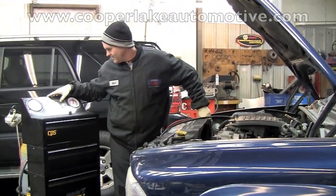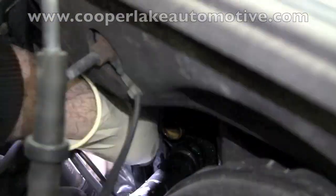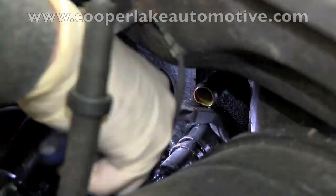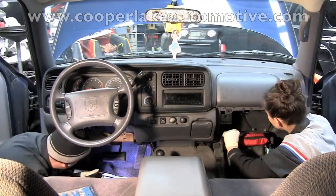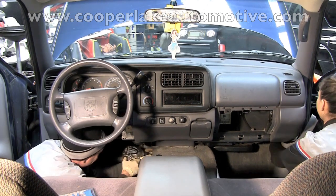Hello, this video is going to show us removing the heater core on a Dodge Durango. Right now we're removing the heater hoses off of the heater core that's inside the dash. Remove the hoses from outside in the engine compartment. Now we're going to remove the dashboard so we can get to the HVAC assembly in order to remove the